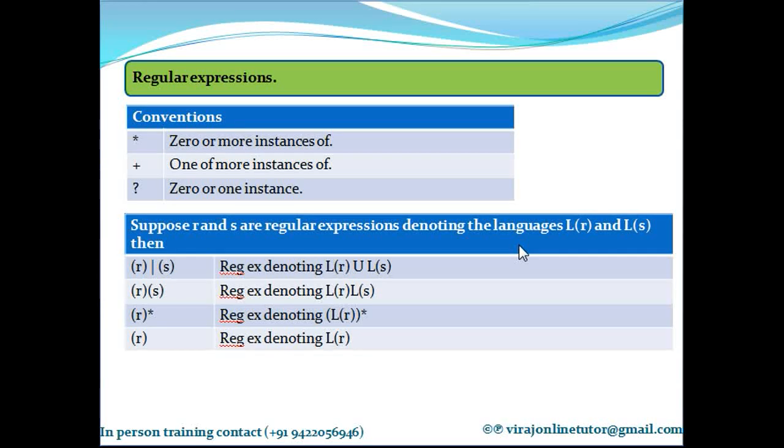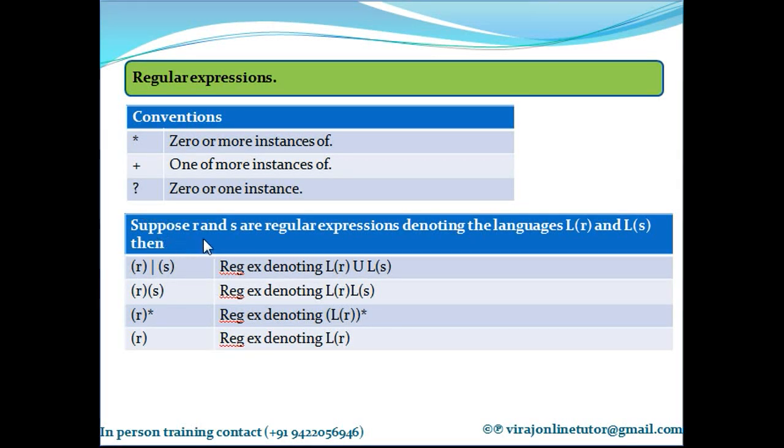Then I have the convention shown here for regular expressions. Whenever I write an asterisk in a regular expression, it means 0 or more. Asterisk means you repeat the expression to which it is applied 0 or more times. Plus is 1 or more. Asterisk is 0 or more times you repeat, plus is 1 or more times you repeat. Question mark is 0 or 1 only. Whatever expression I have applied the question mark to, repeat it 0 times or just 1 time.